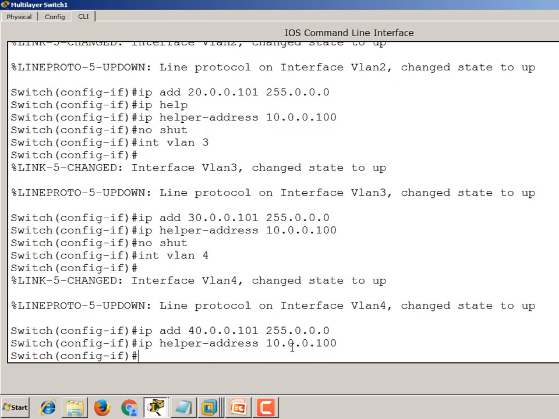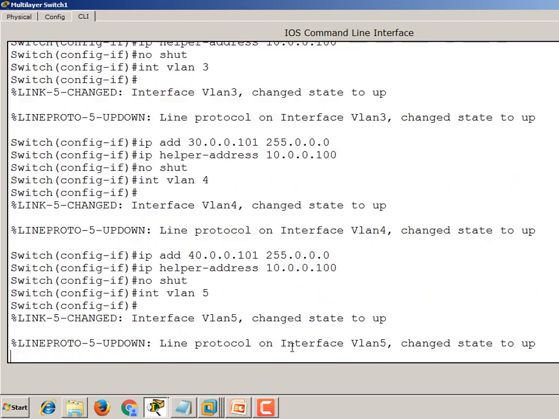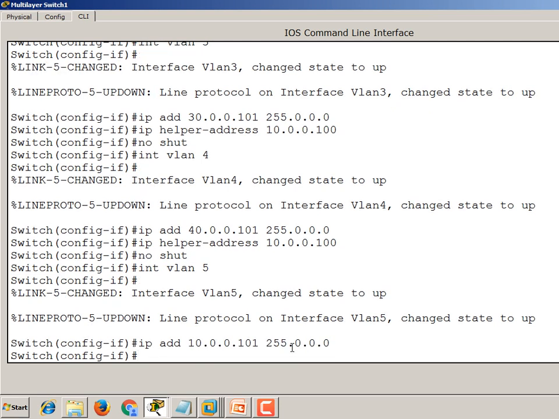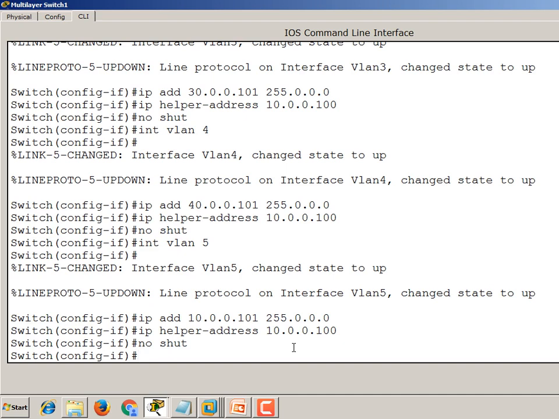So no shut, and last VLAN 5, here I am going to assign 10.0.0.101. Similarly, no shut. Exit.